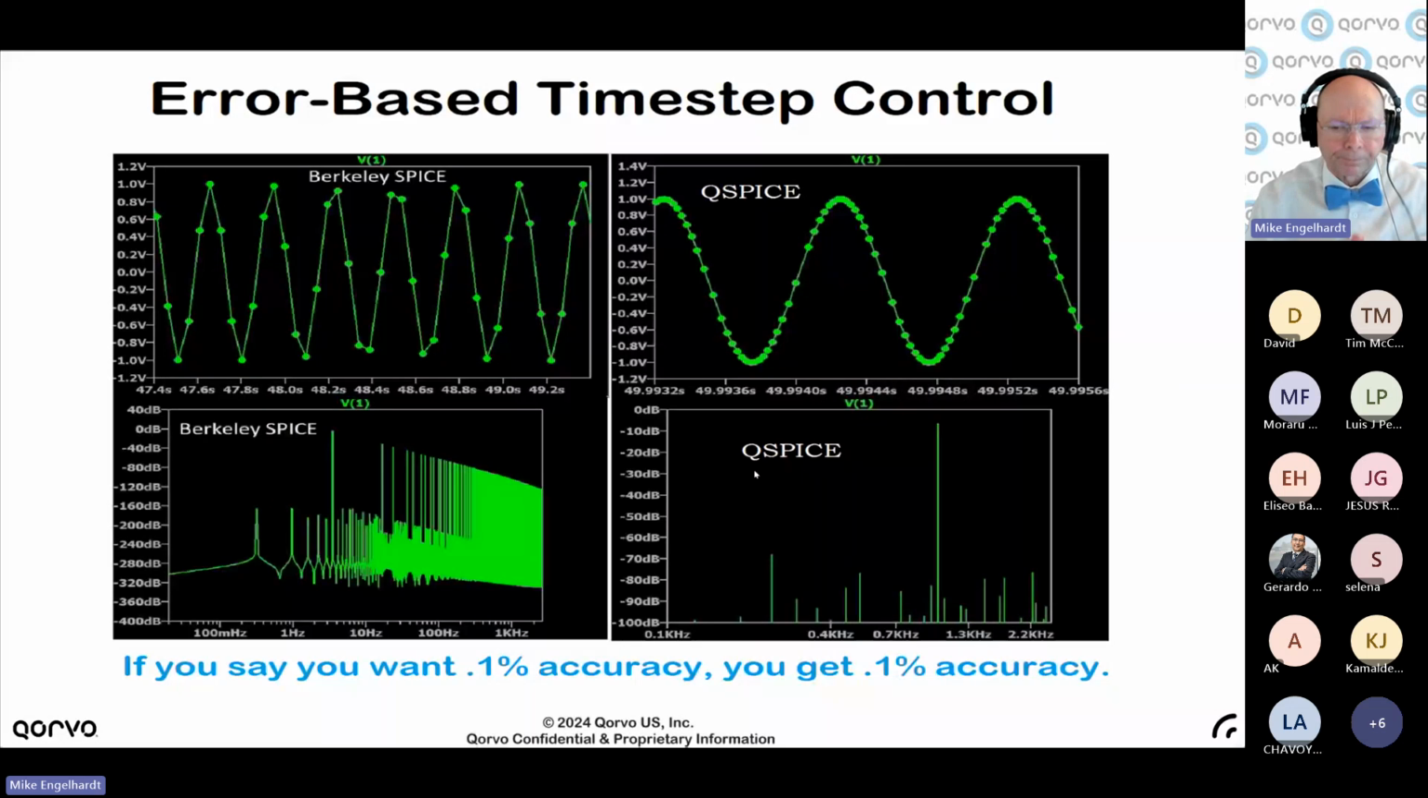Okay, this is what I mean by correcting time step. If you put a sine wave in Berkeley SPICE, you can get a waveform like this. Every single data point is exactly the right data point, but there's not enough data points to actually look like a sine wave. And in QSPICE, that's fixed. QSPICE knows how to solve for the number of data points at each point in the sine wave, so that if you linearly interpolate between